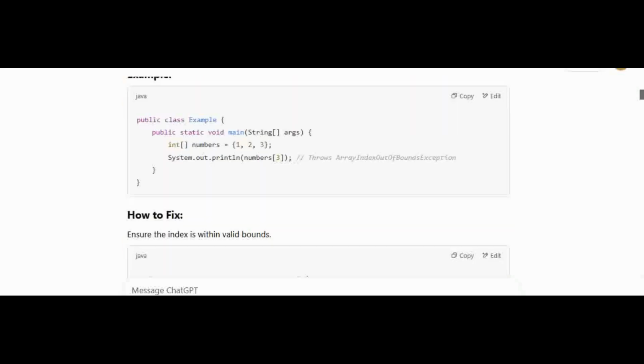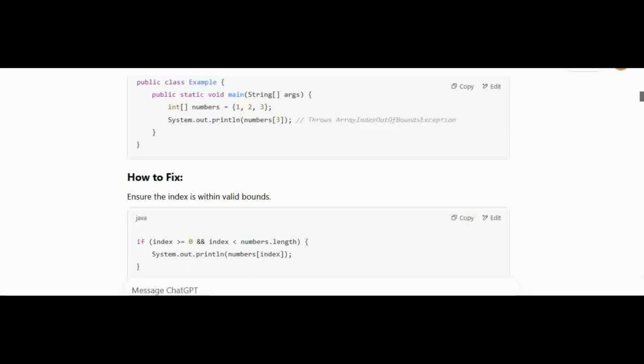Let's look at how to fix. Ensure the index is within the valid bounds. ArrayIndexOutOfBoundsException is thrown when an array is accessed with an illegal index. We have Java: if (index >= 0 && index < numbers.length) { System.out.println(numbers[index]); }